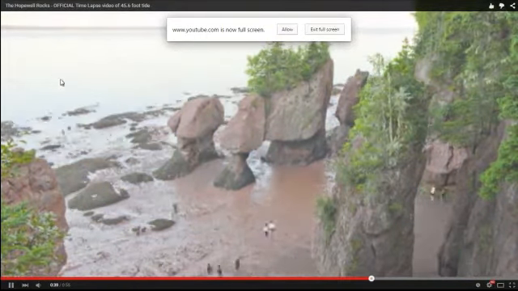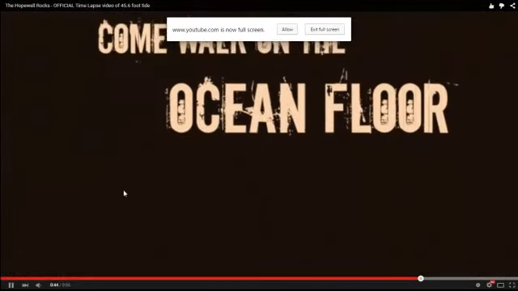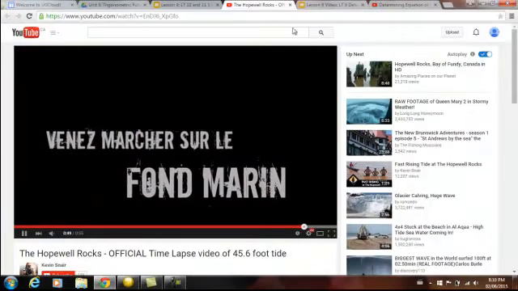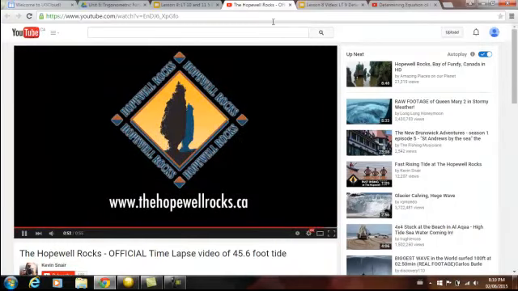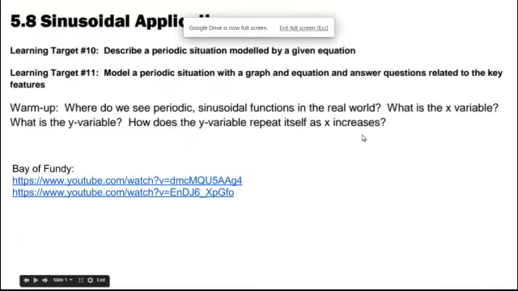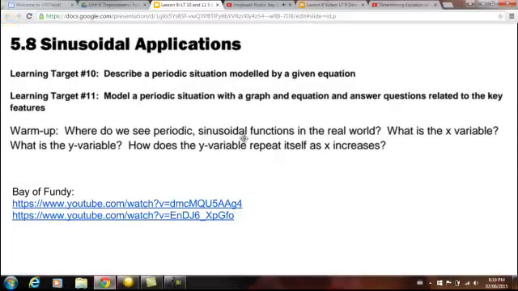And so the water is actually coming all the way into the bay, and even out here it is getting deeper and deeper. It's probably one of the more impressive natural wonders that Canada has. Niagara Falls gets all the glory, obviously, but the Bay of Fundy is just really an interesting thing. And the other video actually talks about the depth of the water going between 400 and 700 feet at certain points. And so if we talk about this as a periodic sinusoidal function,